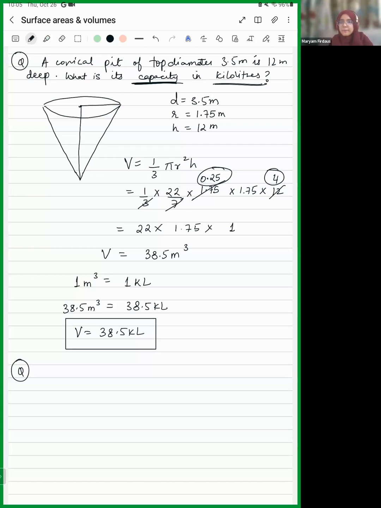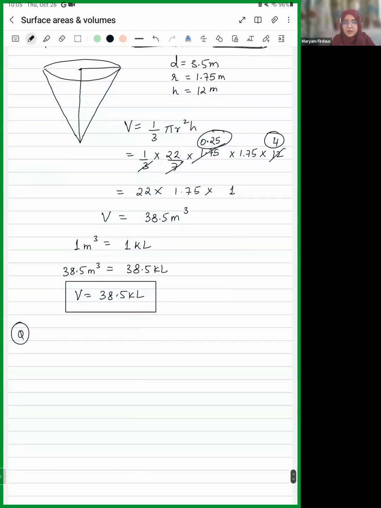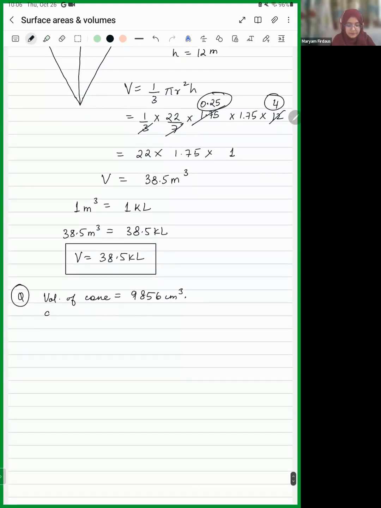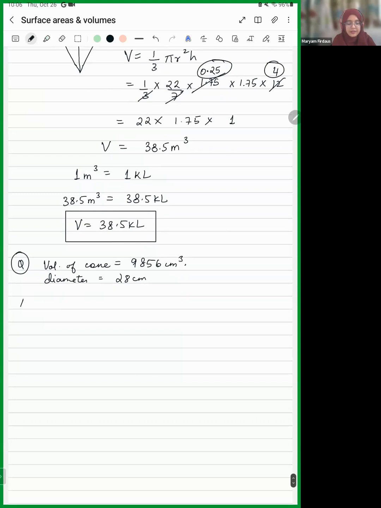Yes, done till here? Yes, ma'am. Okay, let's move on. So there is a right circular cone again, and the volume of cone is given as 9856 centimeter cube. The diameter of the base is 28 centimeters. They're asking you to find